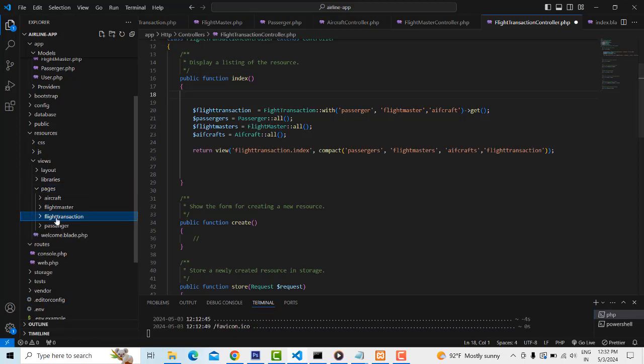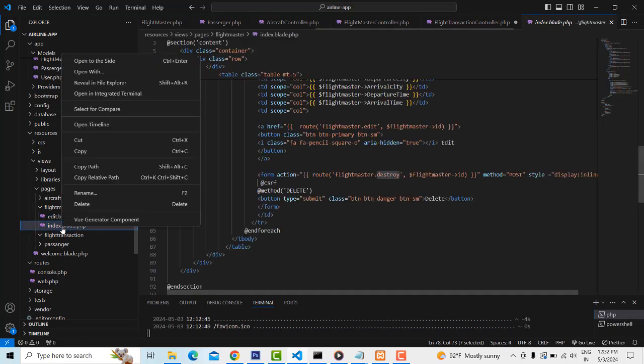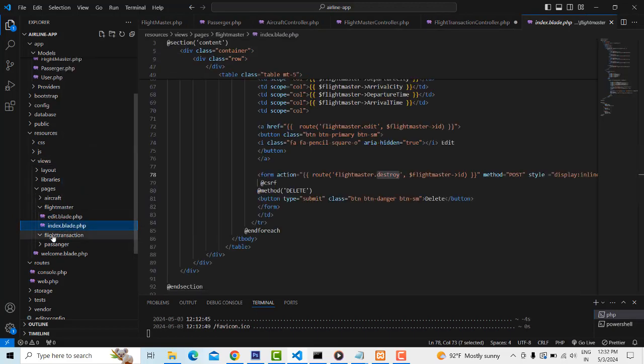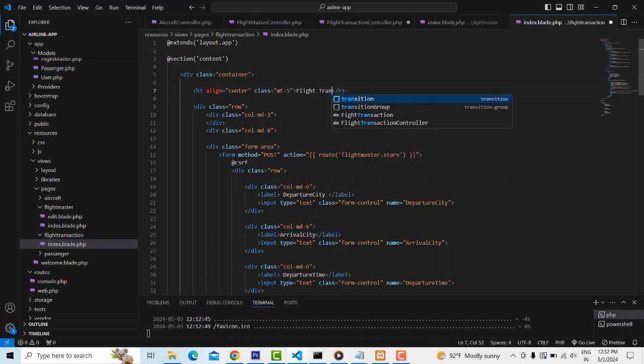Inside the flight transaction page, I'm going to create these things. These two pages I just copied. So the index page only I'm going to copy and paste into this flight transaction page right here. So this is a flight transaction index page. You have to change this one as a flight transaction,